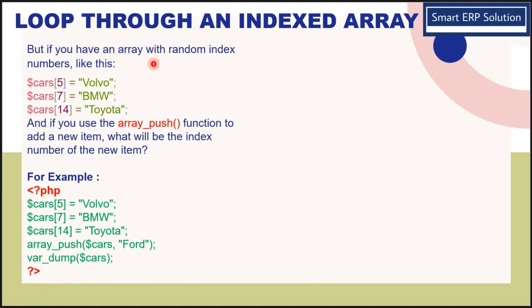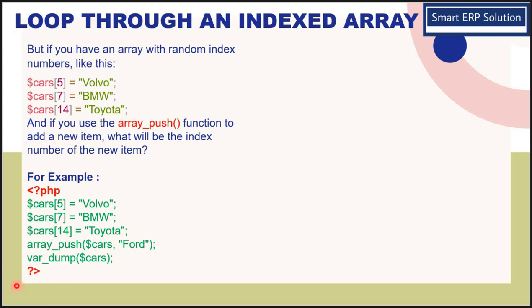But if you have an array with random index numbers like this, $cars 5 Volvo, $cars 7 BMW and $cars 14 Toyota, and if you want to use the array_push function to add a new item, what will be the next number? Let's see. $cars[5] equal to Volvo, $cars[7] equal to BMW, $cars[14] equal to Toyota. Then we write the array_push function, then $cars, then in the quotation the new value,